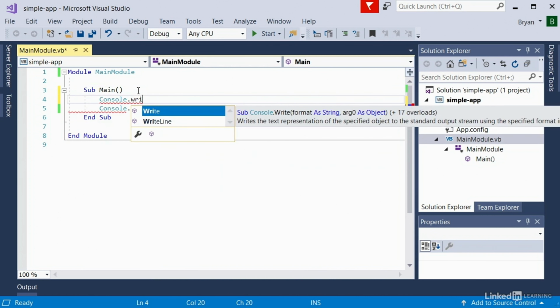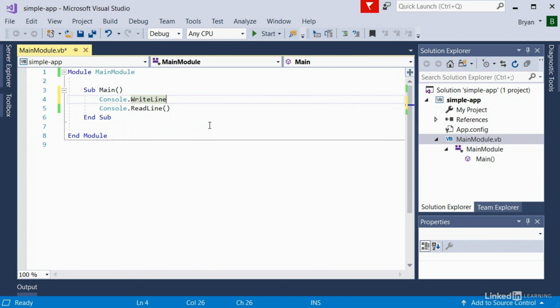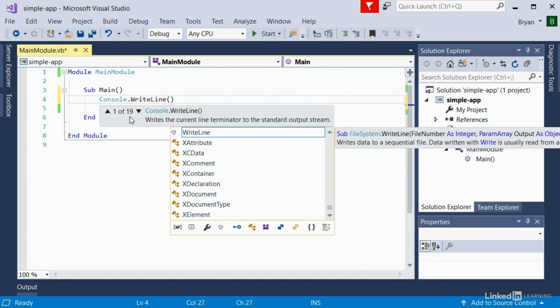Tab, write, and notice it's showing me my options to write or write line. So I'll double click on write line and notice what happens when I open up my parentheses. This little window pops up with up and down arrows that says 1 of 19. And what that means is there are 19 different ways we can use console.writeline. And the way that they'll be differentiated is what is in between these